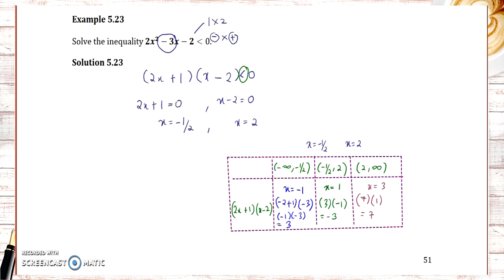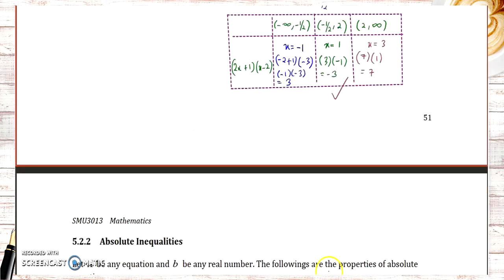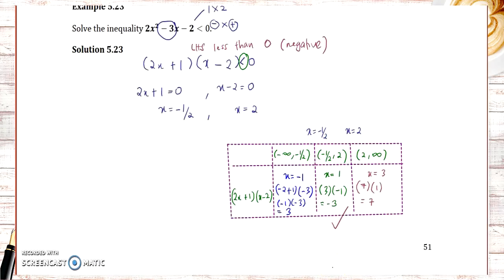We know that from this inequality, the left hand side is less than 0. Less than 0 means we need to choose the interval that gives us a negative value. So which interval gives us a negative value? This interval. Therefore, the solution for this inequality is